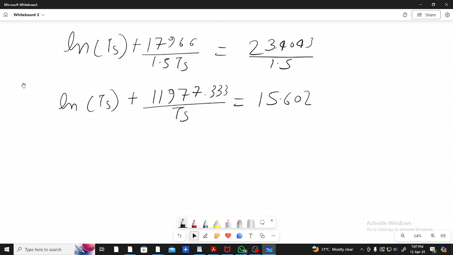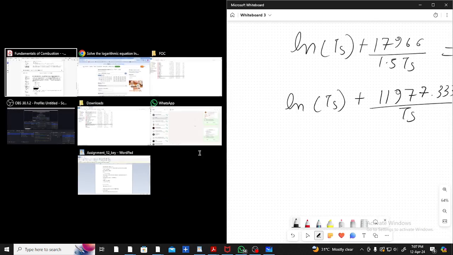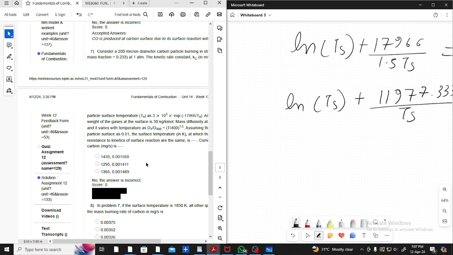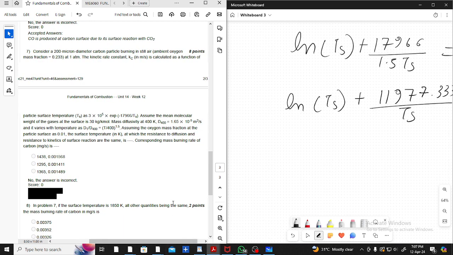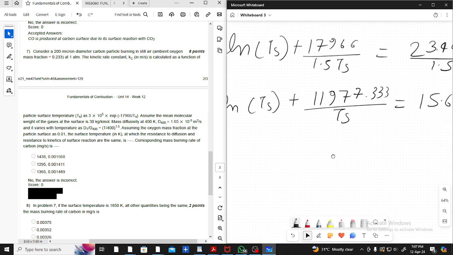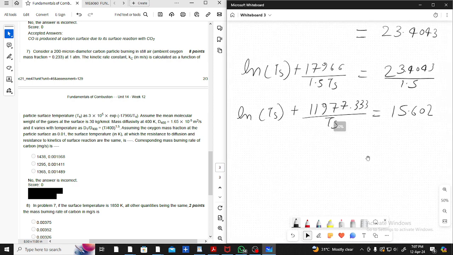We can solve this only if we have some idea of the range. So suppose four options are given, you take one of the options and check, or else you put this equation in MATLAB and solve. So you substitute and see whether it satisfies this or not. Consider one option, ln